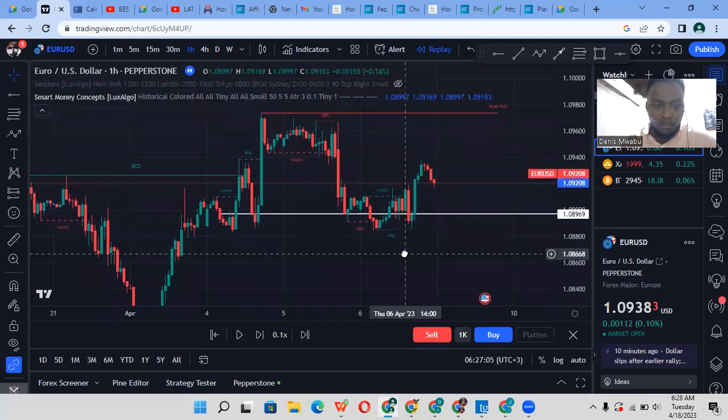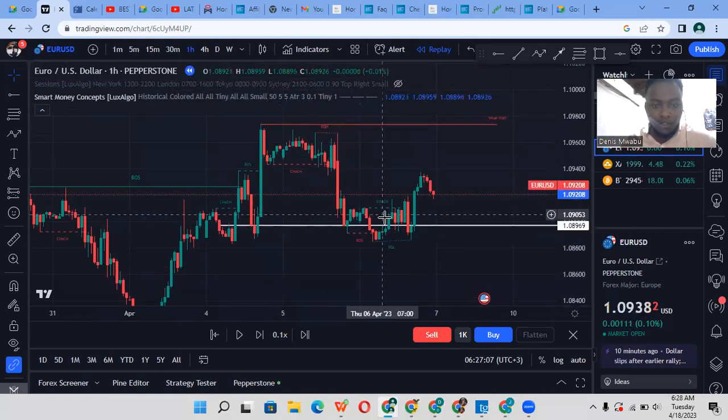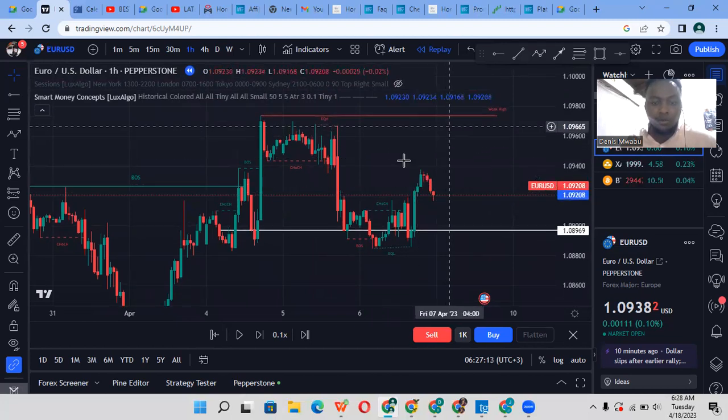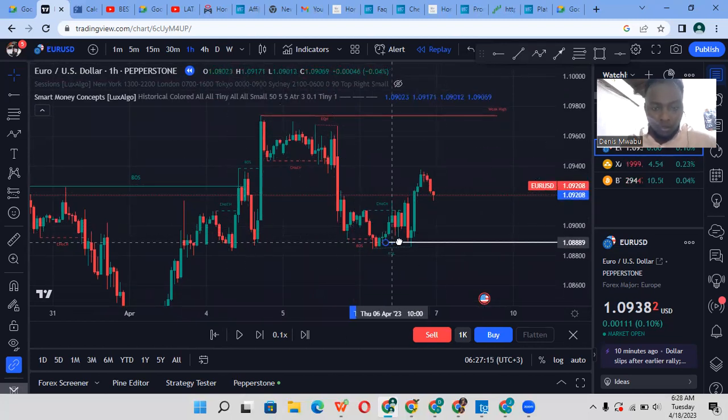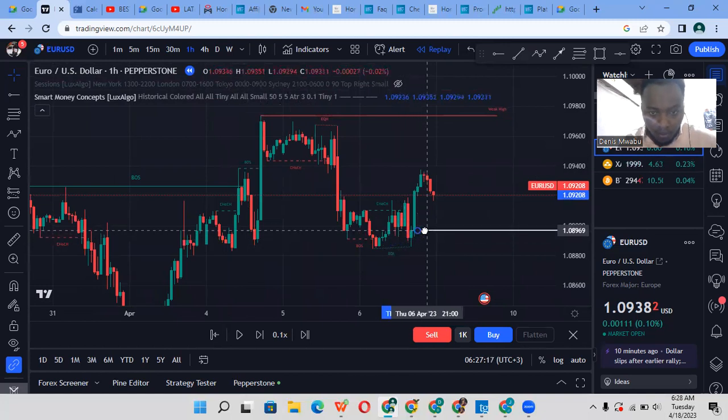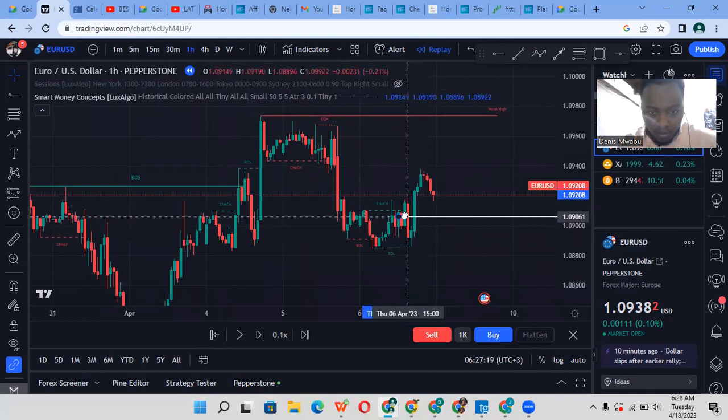You can see there was a break of structure. You can see where price is right now. We are having a change of character, meaning that USD will continue moving up. So I'll be able to come and draw